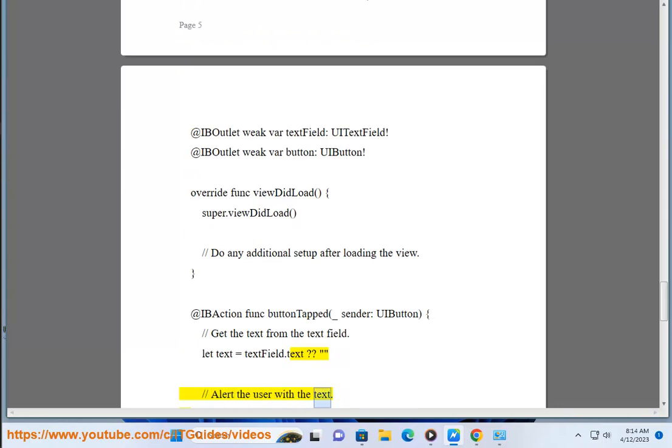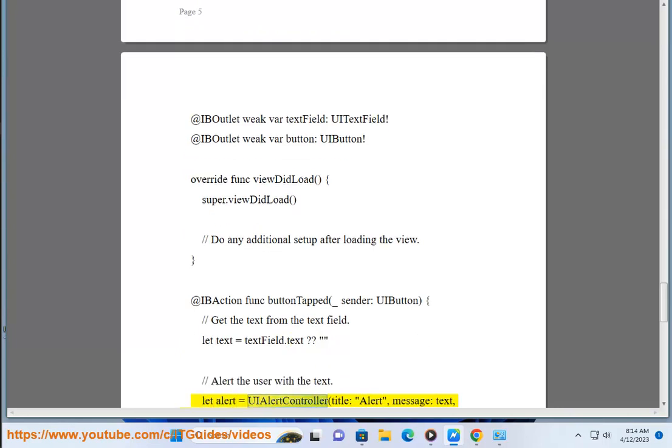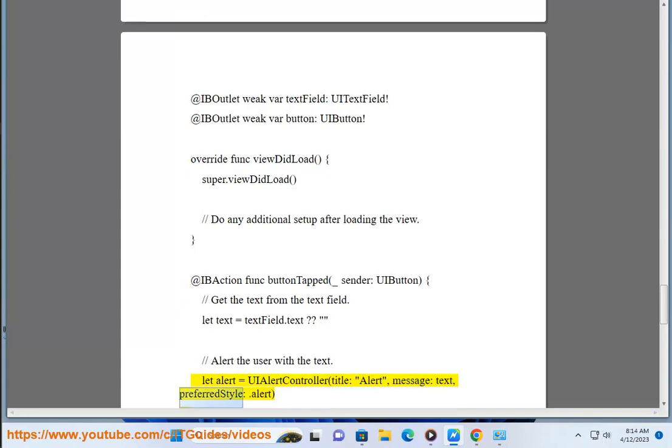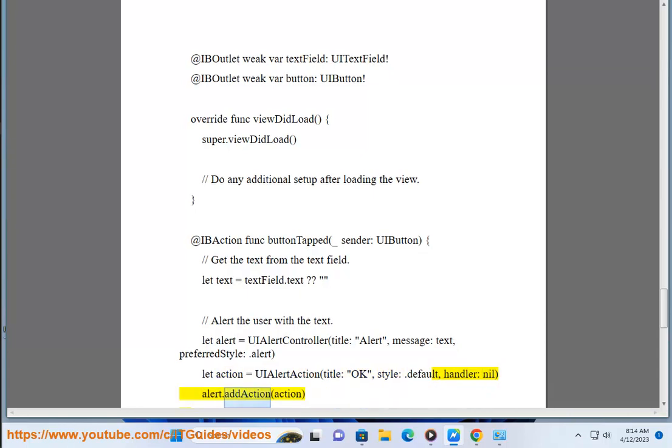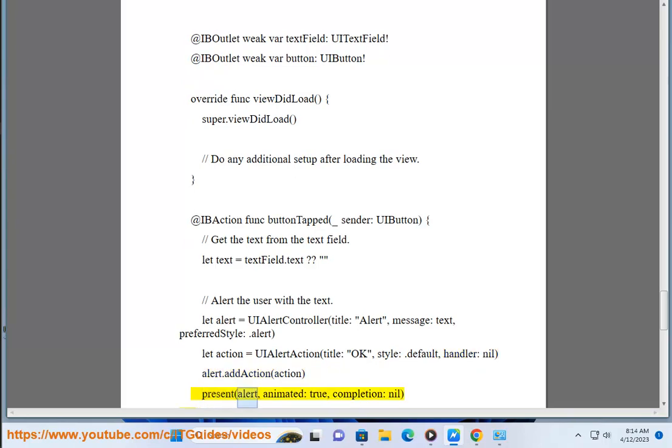// Alert the user with the text. let alert = UIAlertController(title: "Alert", message: text, preferredStyle: .alert) let action = UIAlertAction(title: "OK", style: .default, handler: nil) alert.addAction(action) present(alert, animated: true, completion: nil)